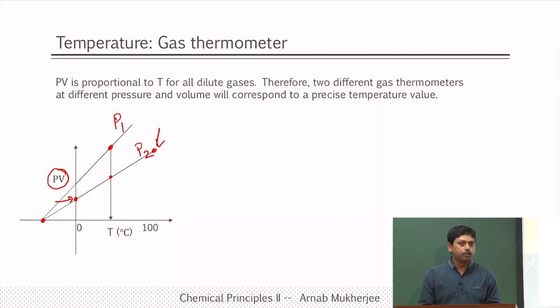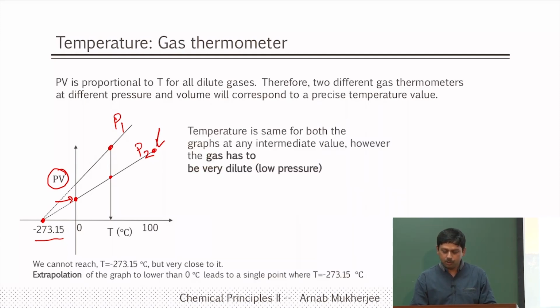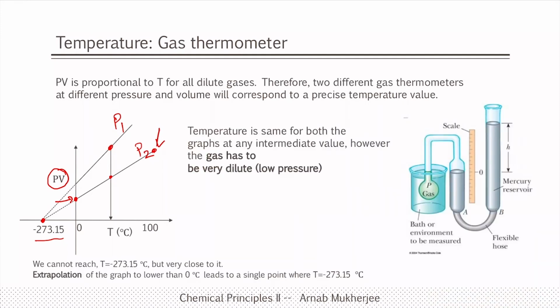So, we will see later on that it is not possible to go to this particular value. However, that is why we put a dotted line, and that value corresponds to minus 273.15 degree centigrade. Because it is possible for the gas to have any intermediate values, people have used dilute gas in the gas thermometer. So, this is a picture of a gas thermometer